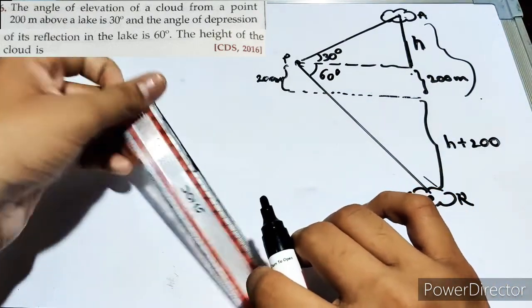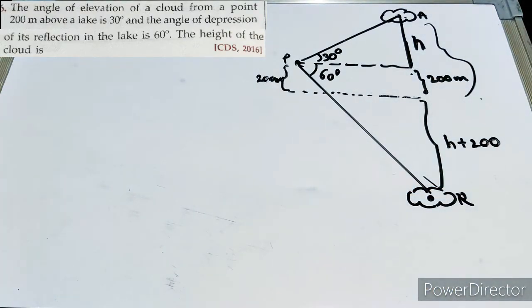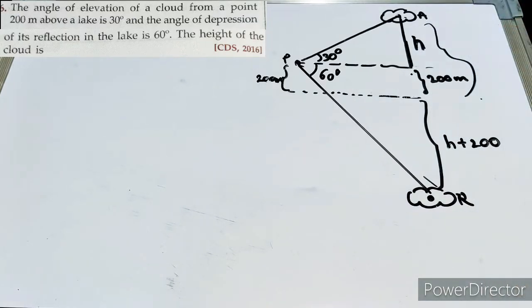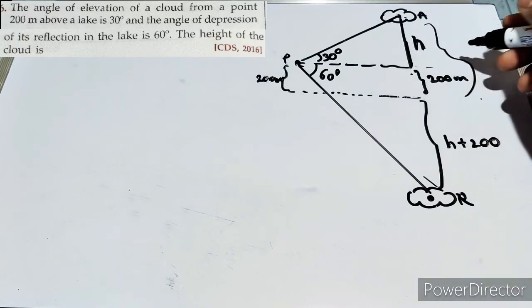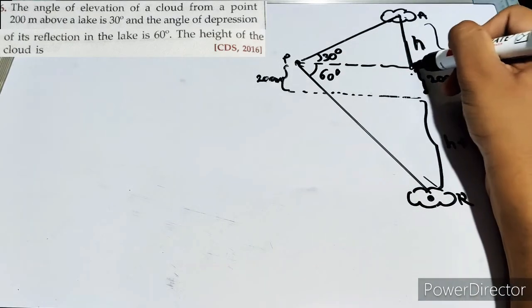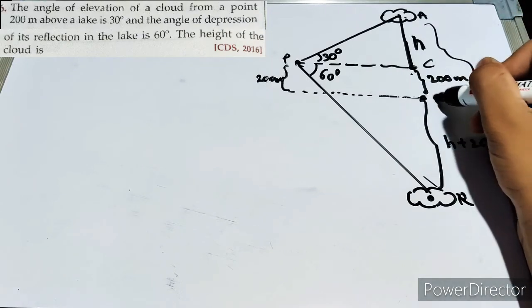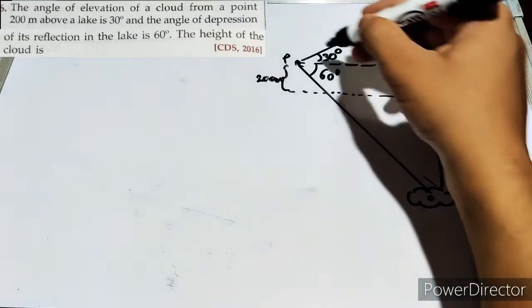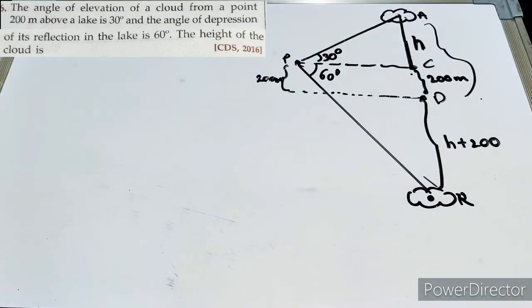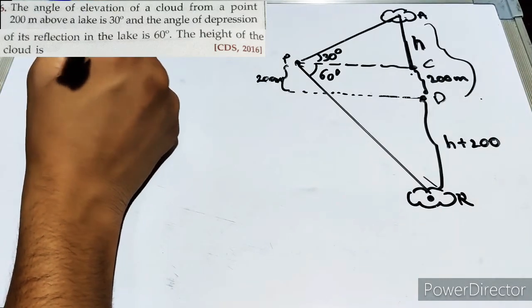So the figure was the toughest part in this question. Now since we have made the figure, we can simply find the height of the cloud. The height of the cloud from the surface is h, and from the base of the lake is h plus 200. So if they have just asked the height, then we have to give h plus 200, otherwise only h if they have asked for the surface. Now in this question there are two triangles. Let us assume this point to be C and this point to be D. So there are two triangles, P, A and C, and P, R and C, and from these we will get our solution.